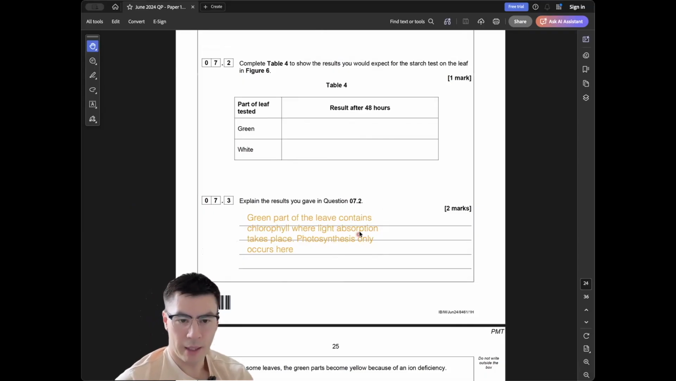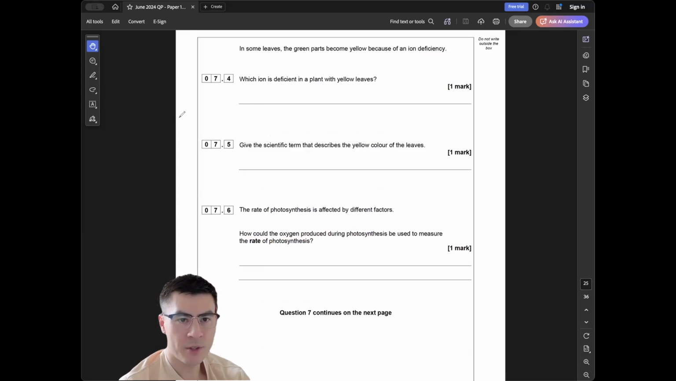chlorophyll，咁呢個就係 light absorption 啦。咁如果有 light，即係代表有 photosynthesis，咁即係代表有 glucose starch。2分。7.4 Which ion is deficient in a plant with yellow leaves? 如果個 plant 唔夠 magnesium，咁佢就會變黃色啦，咁即係 magnesium ion 啦。Give the scientific term that describes yellow color in the leaves. 你記住呢個 term 就係 chlorosis。OK，咁即係呢啲 terms 你要背同埋要識串啊，真係幫你唔到。